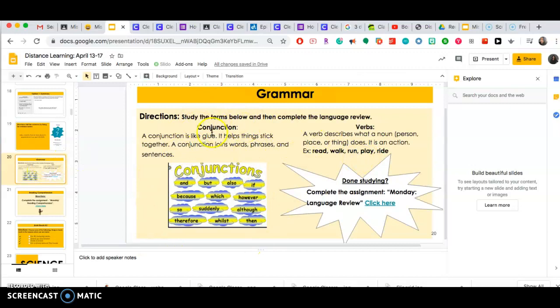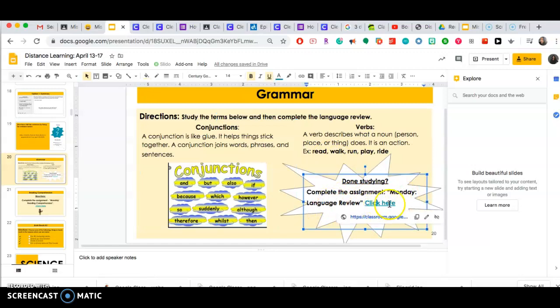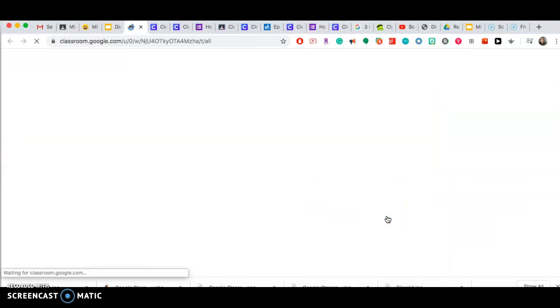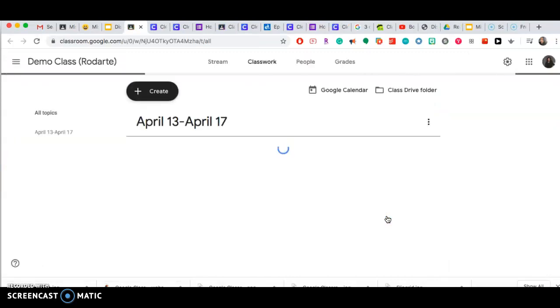Here are your lessons on conjunctions and verbs. When you're done studying, click complete the assignment Monday language review. To complete this assignment, click on the blue letters, click on the link. It's going to lead you to our Google Classroom. From here,